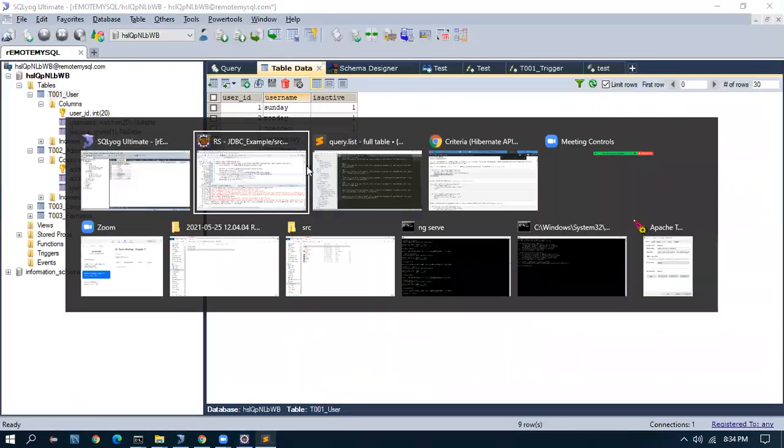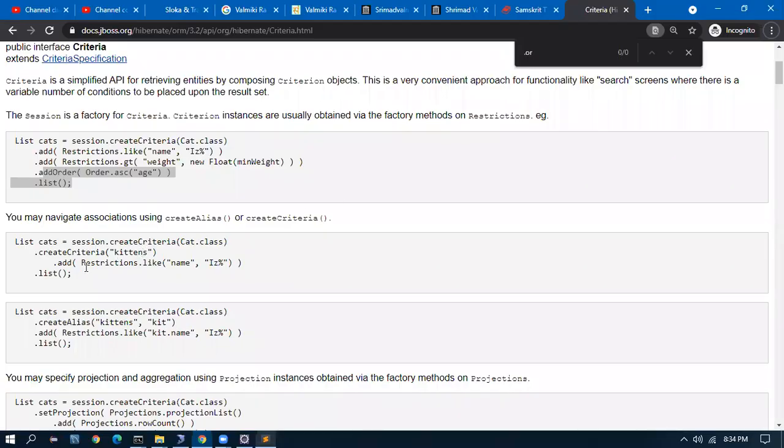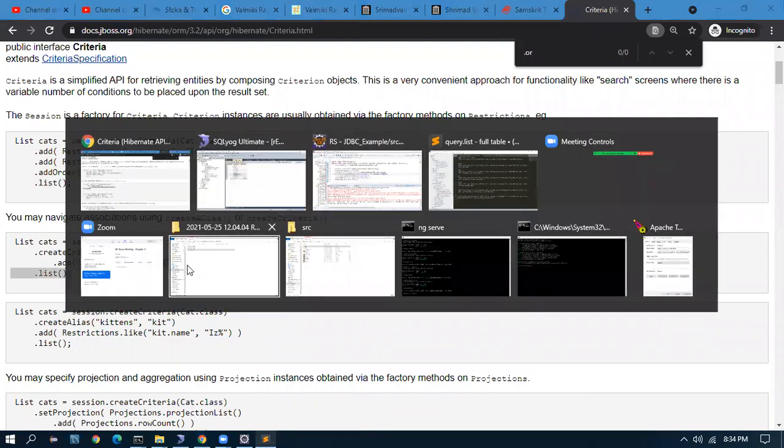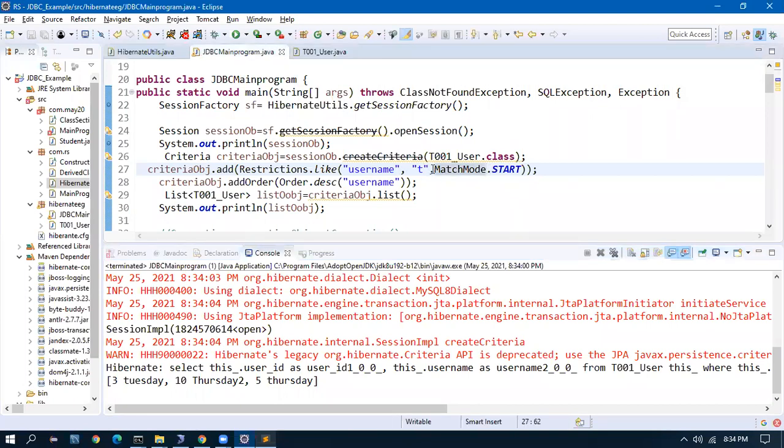Okay, so this is something very useful. As they have given, if we don't want to use this match mode, we can also do percentage. So let's try that.